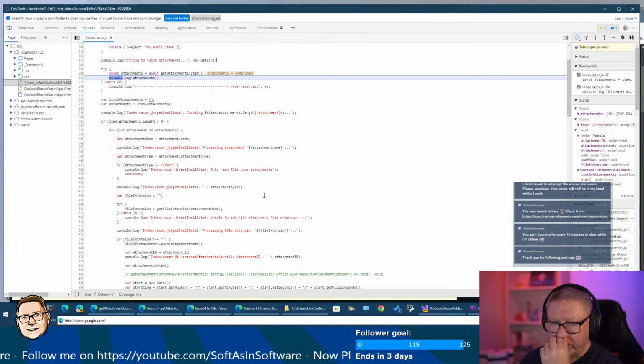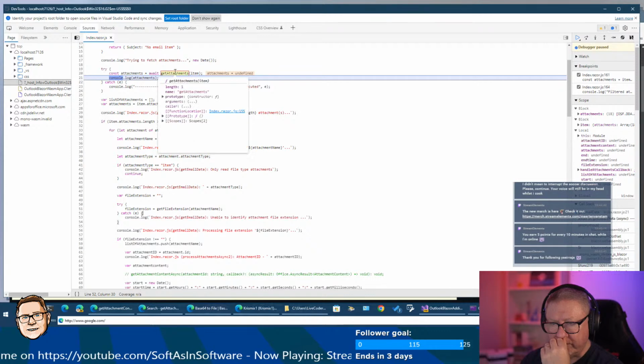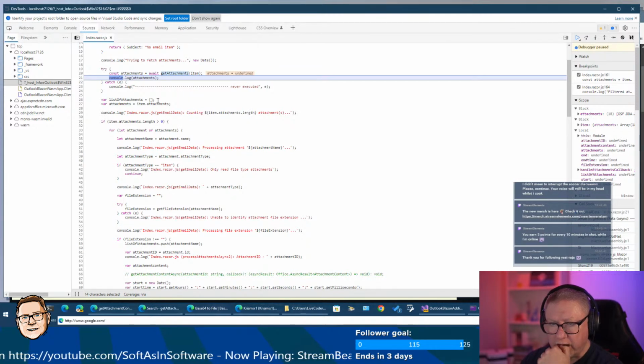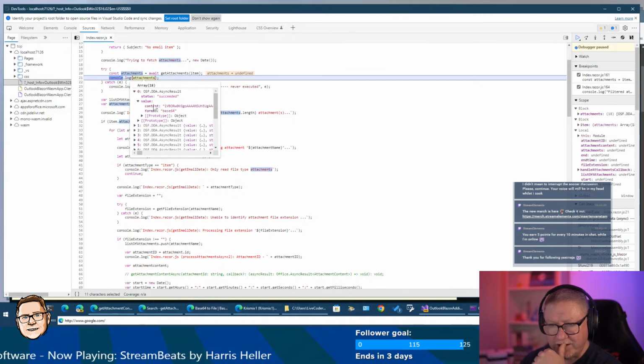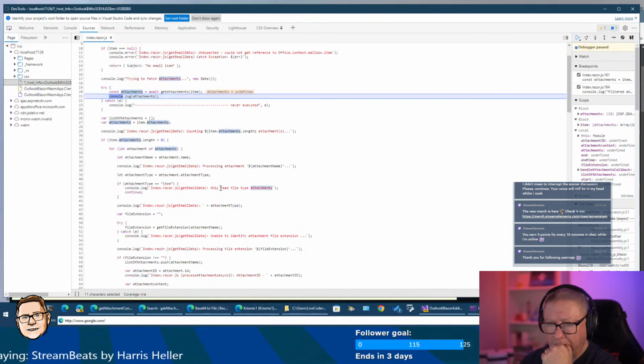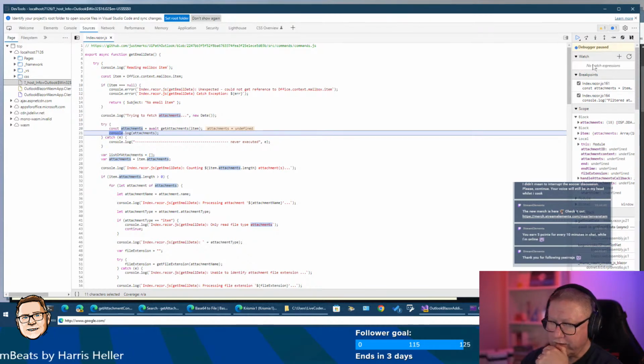So instead of doing all these items, we should just do something like this. Get attachment, that will give the attachments back. Then attachment item 0, for instance, item 0 value has the content again. So for instance, if we get here,